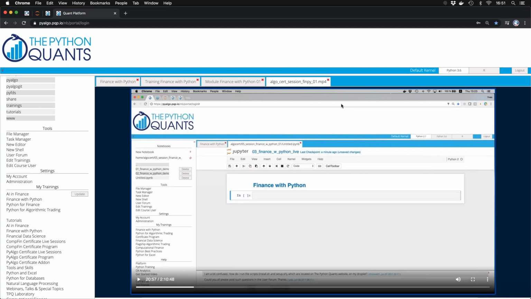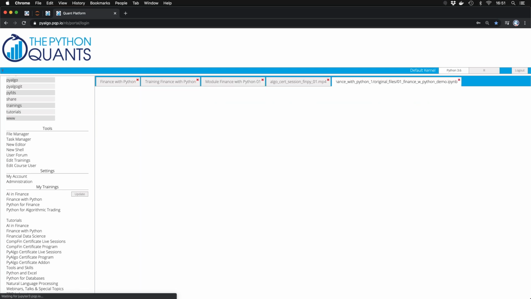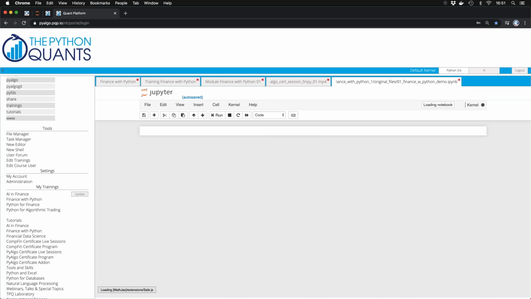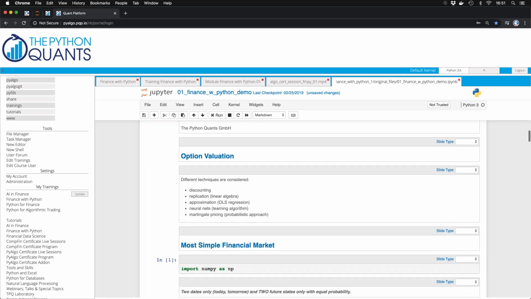So if you have two screens, on the one side you might be watching the video, on the other side you might follow along the Jupyter Notebooks, because the resources are also stored there. Here you see Finance with Python demo. So there are the resources. When I double click on this particular Jupyter Notebook, that might be exactly the one that is used in the video, and there are more resources in general.